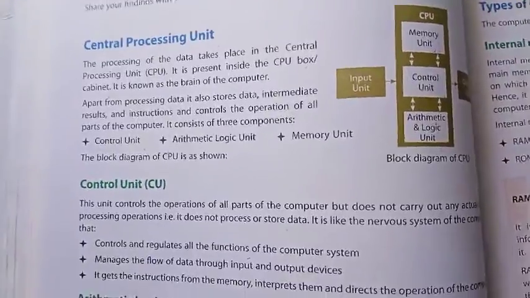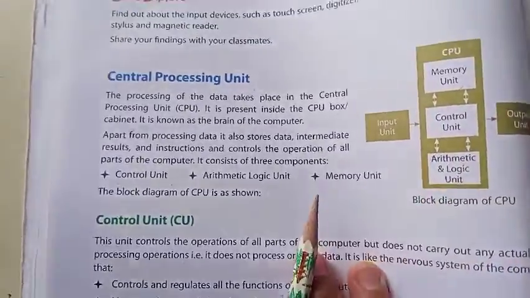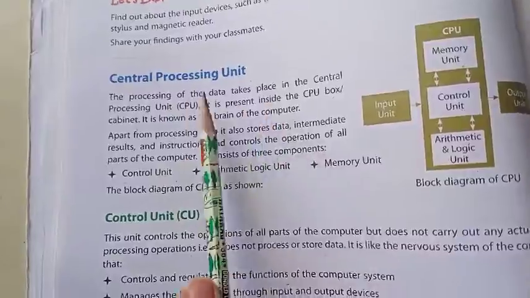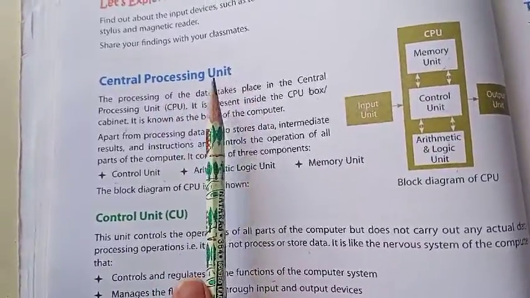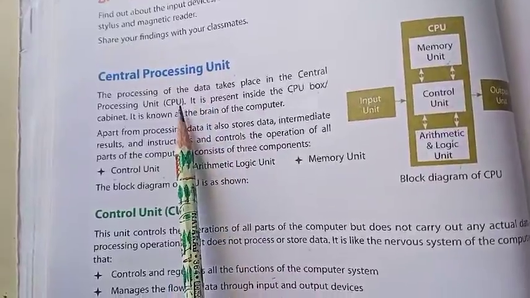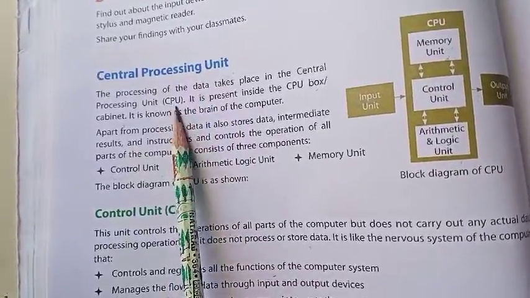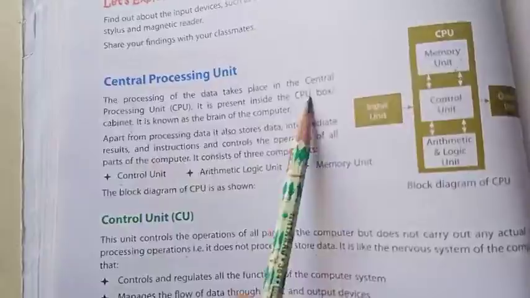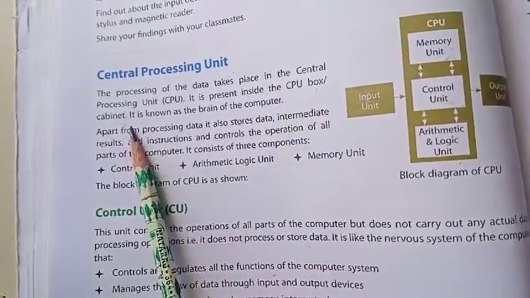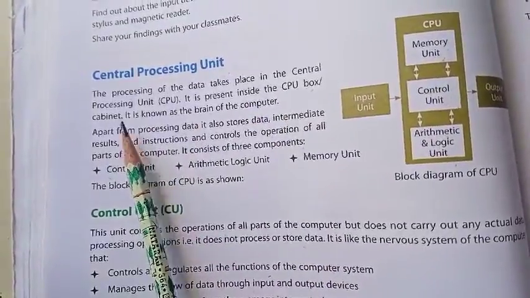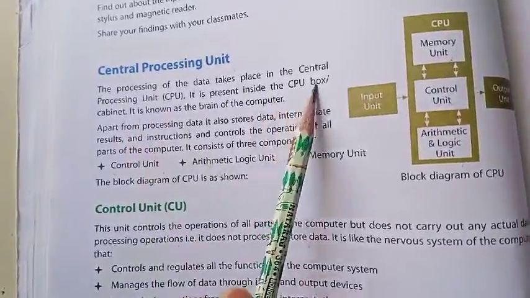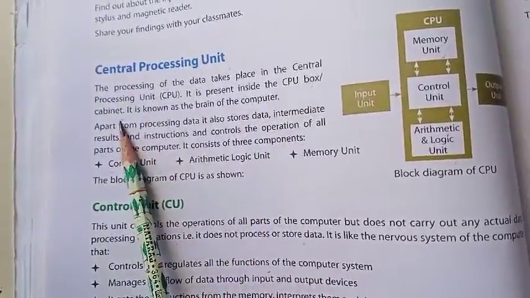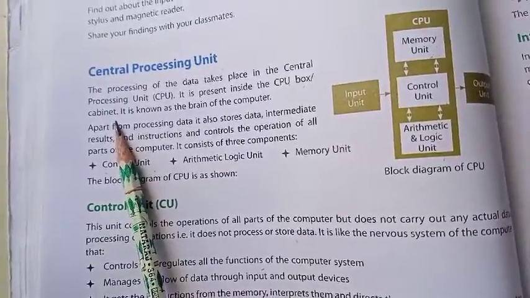Hello students, today we will continue again with session 2 of ICT tools and we are going to discuss the central processing unit. This central processing unit, or in short we call it CPU, resides inside the CPU box, inside the CPU cabinet. The rectangular box that you see attached with the monitor is actually the CPU box, or we call it the CPU cabinet. That is not the CPU.